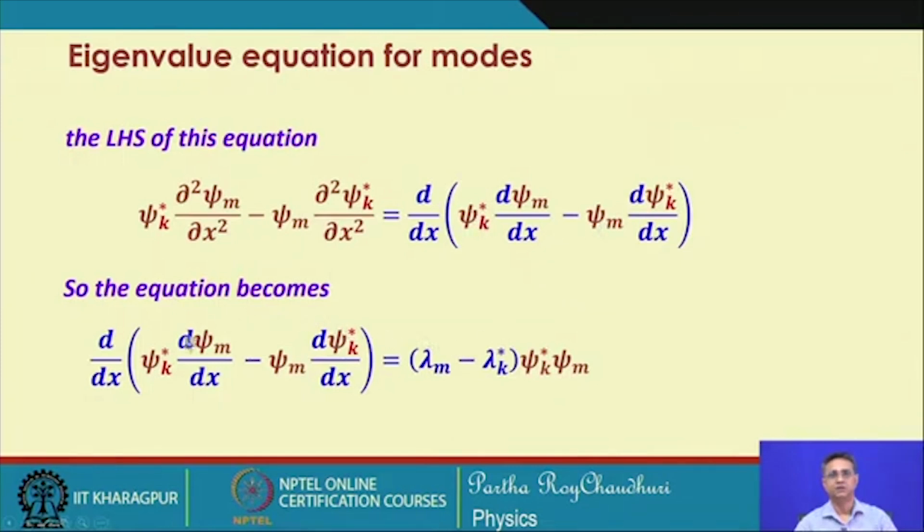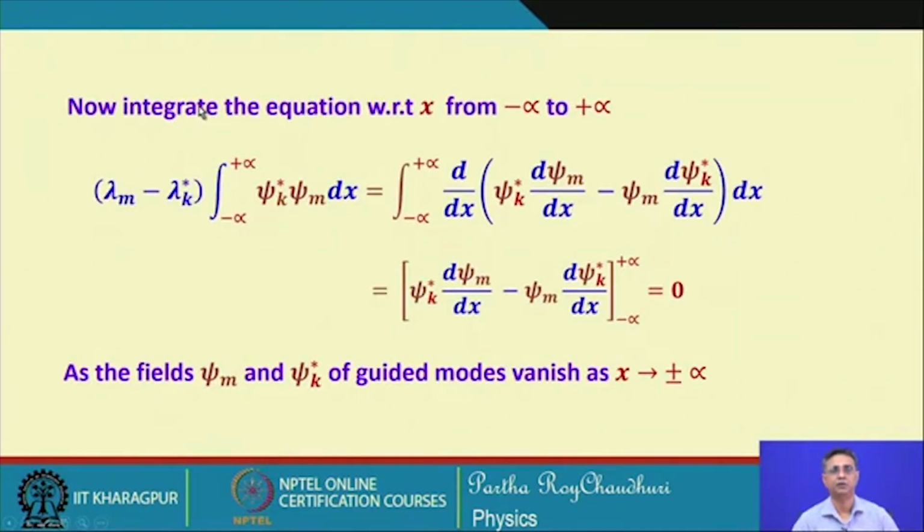If you integrate over the whole space on both sides, from minus infinity to plus infinity, this will give you this quantity, which is the result of the integration of psi k star. But this is equal to 0 because psi m and psi k for guided modes will vanish as x tends to plus infinity and minus infinity. The fields will become 0 far away from the waveguide